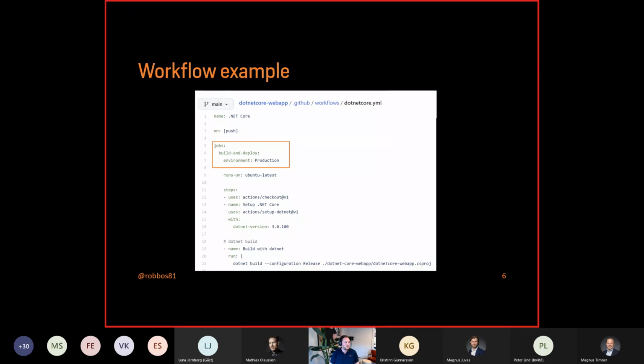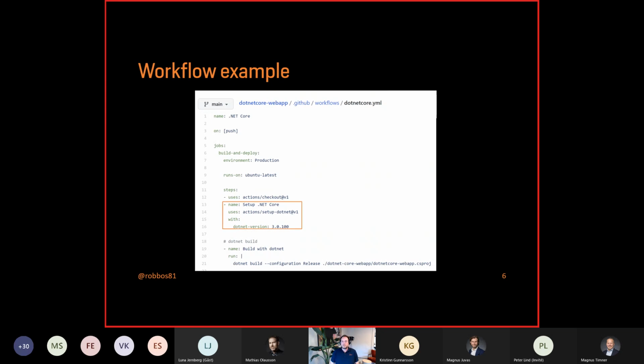In the workflow, there's a job there that I named build and deploy. So naming here is easy to do as well, and you have full flexibility there. And I'm targeting a specific environment that I labeled production here. The job will then run one or more steps. Each step is then a call to an action or a script that you want to execute. In this case, I'm using the default one, check out my code. So I have my code available on the place where the workflow is being executed, and I can do stuff with the code in my repository.